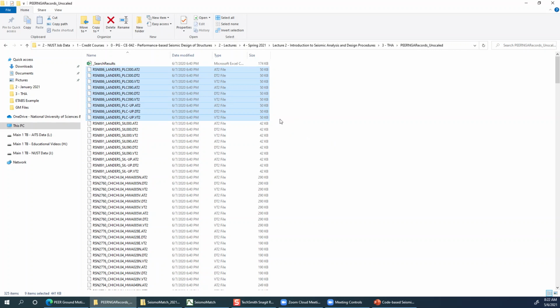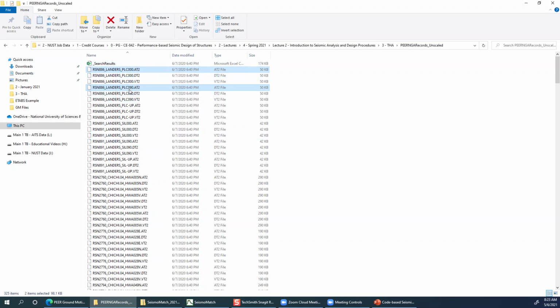We will be using in our time history analysis the 2 horizontal acceleration components, which means this first .AT2 file and this other .AT2 file. So we have to take those 2 files out, and then these can be modified or applied with the scale factor.